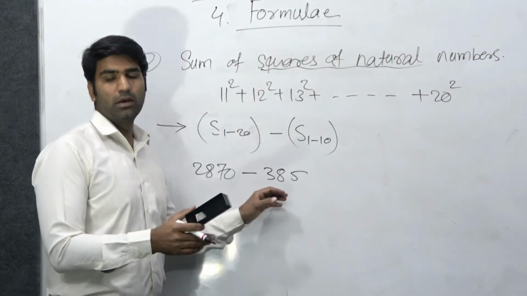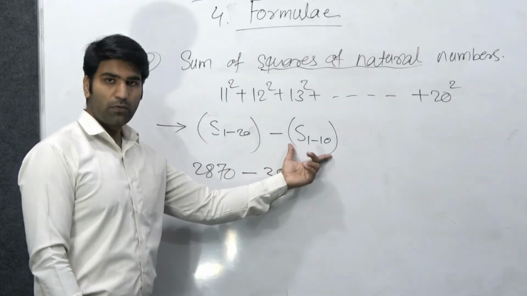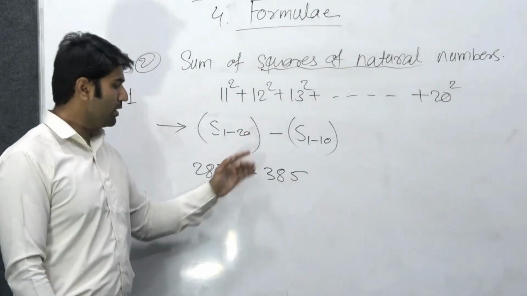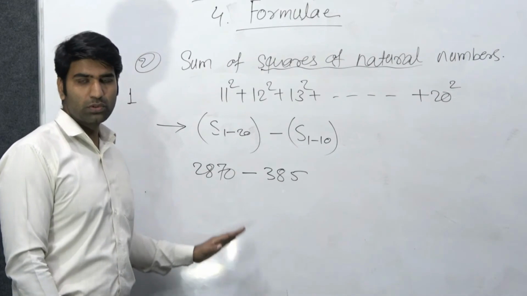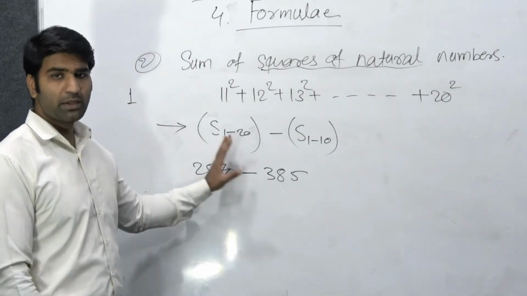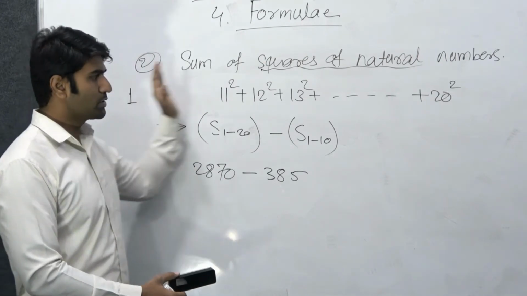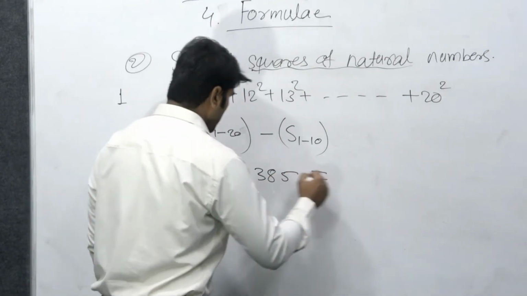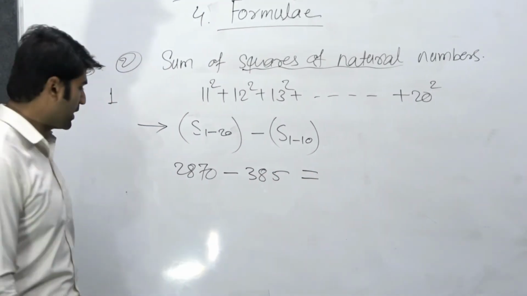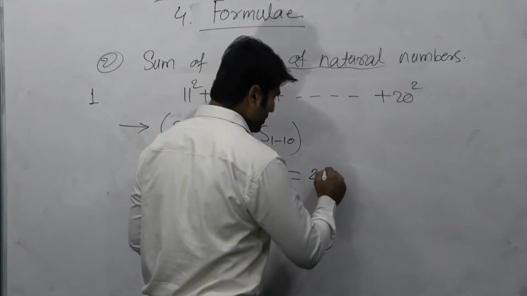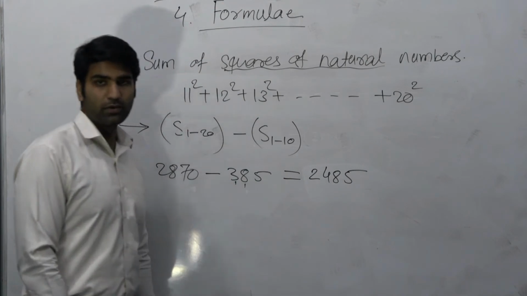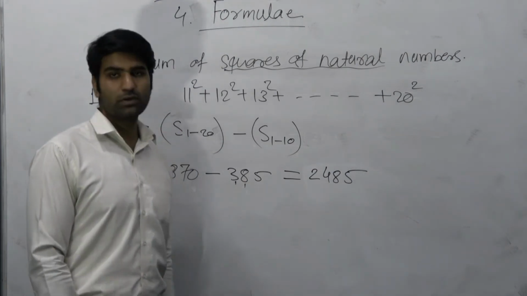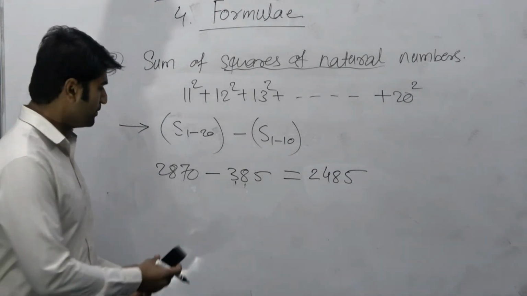This was our first example. Remember, you can rewind the video and check. The sum of squares of the first 10 numbers is 385, and for 1 to 20, that is the previous example, 2870. So the sum of the first 20 numbers minus the sum of the first 10 numbers: subtract 2870 minus 385, which is 2485. Okay, our answer for this section is 2485.